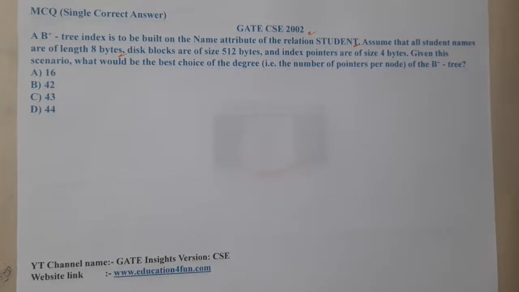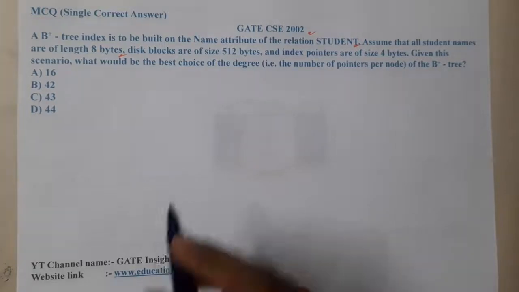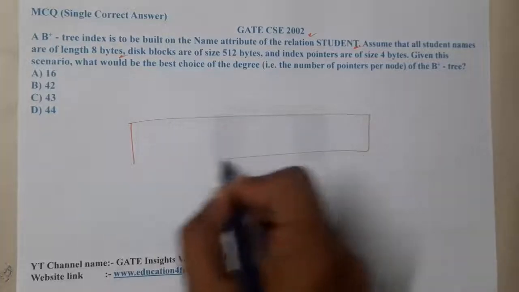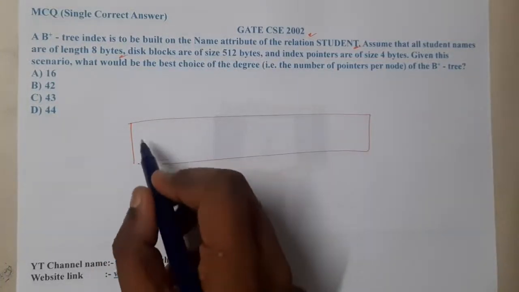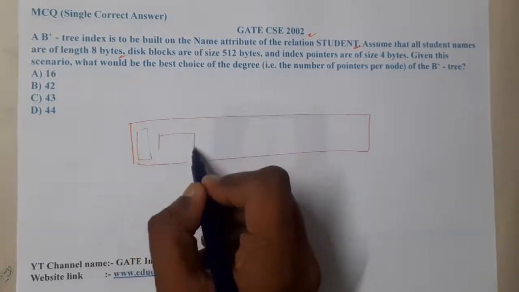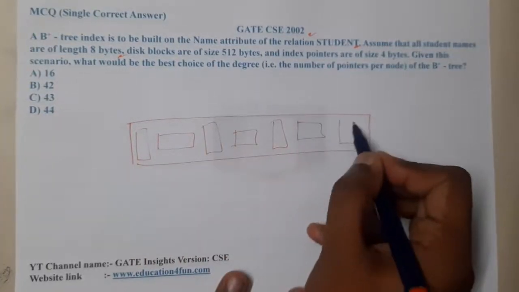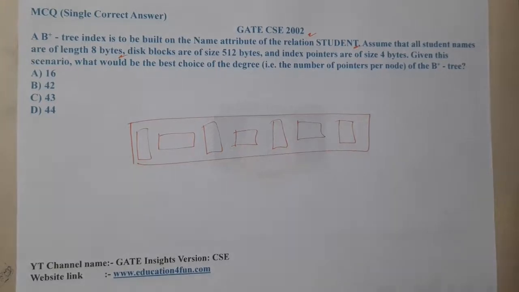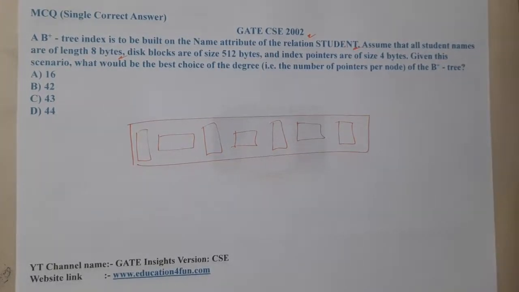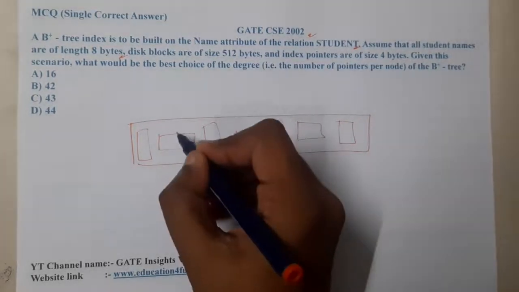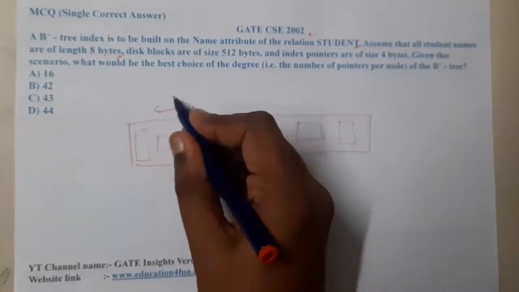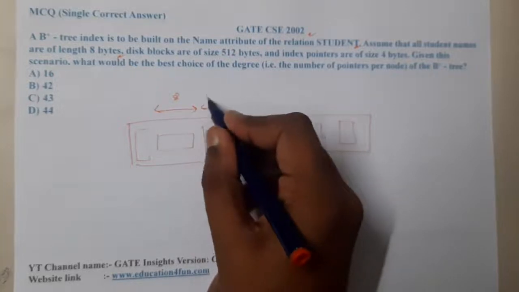Based on this understanding, it seems to be like an internal node of a B plus tree, right? So if you recall, what is the structure of an internal node of a B plus tree, guys? We are going to have the down pointers followed by data items. Now in the question, they are clearly asking the number of these things. They clearly told that this particular length is 8 bytes, and this particular length is 4 bytes.